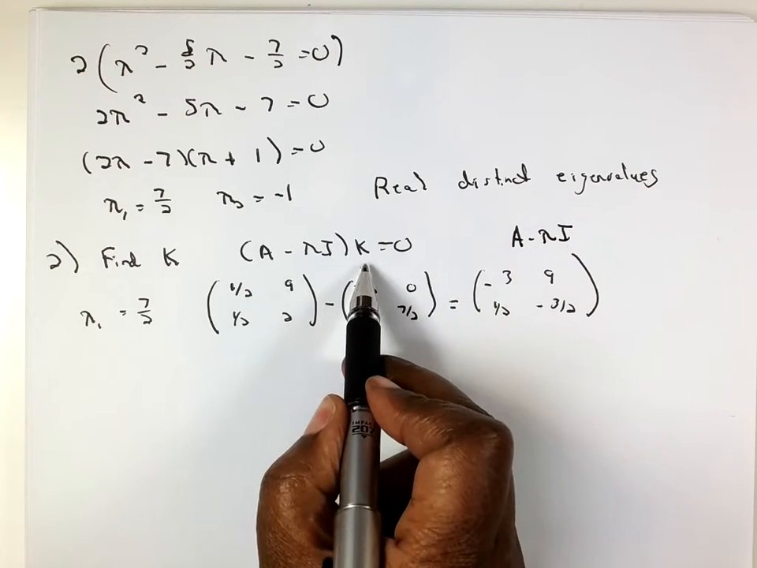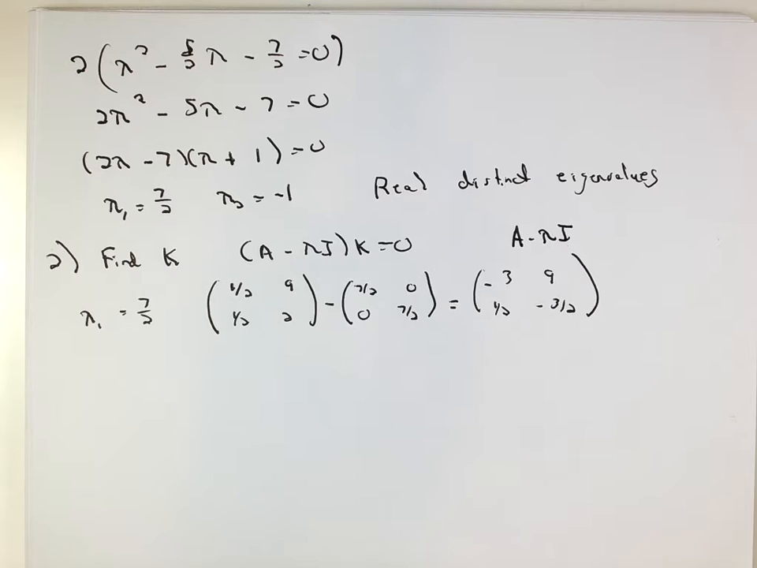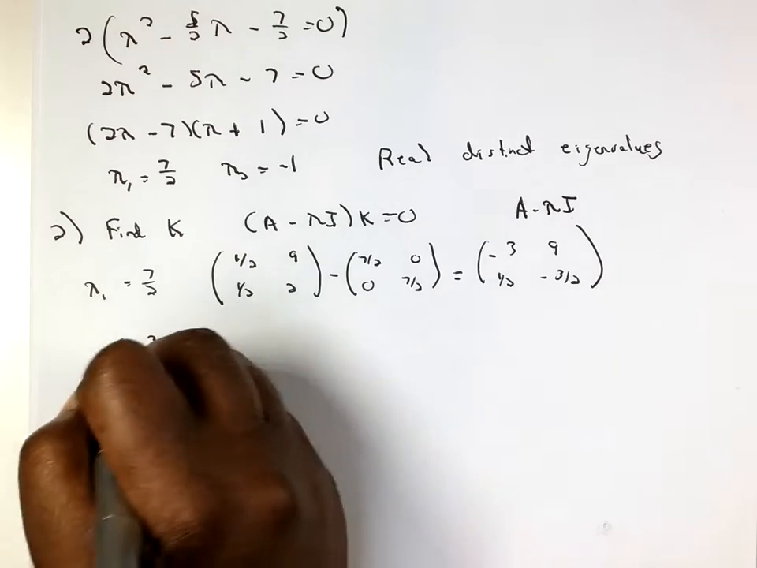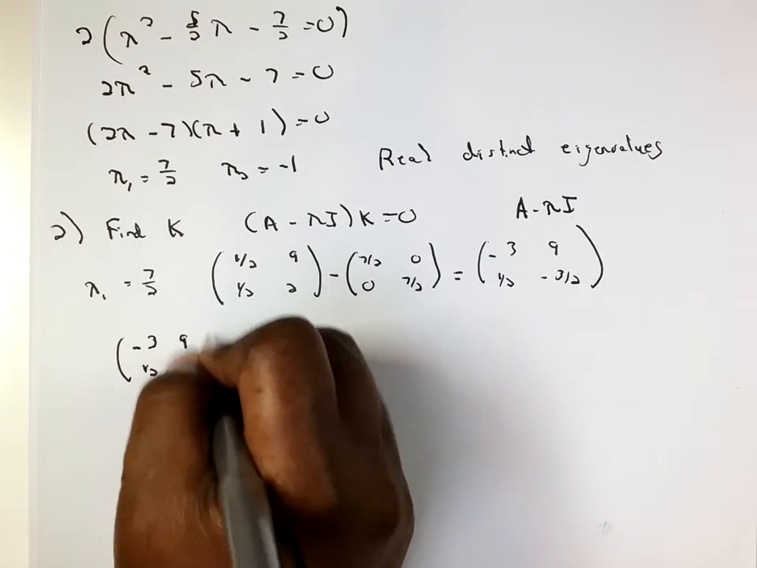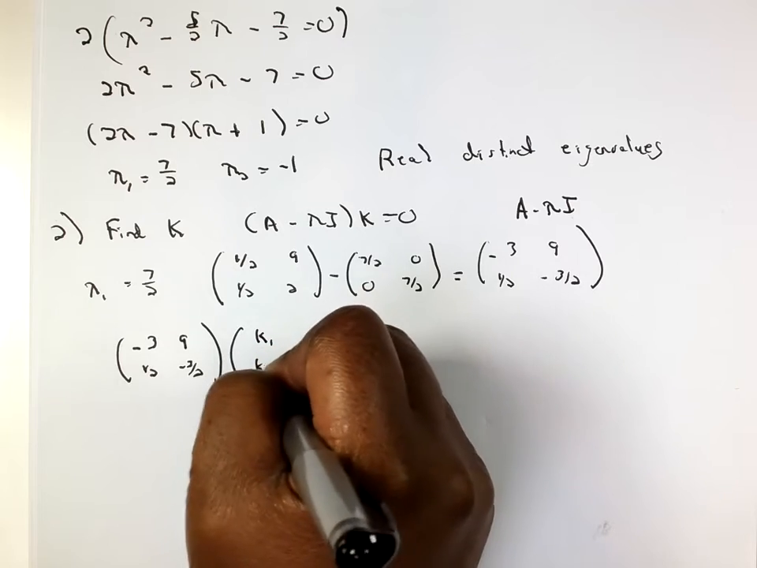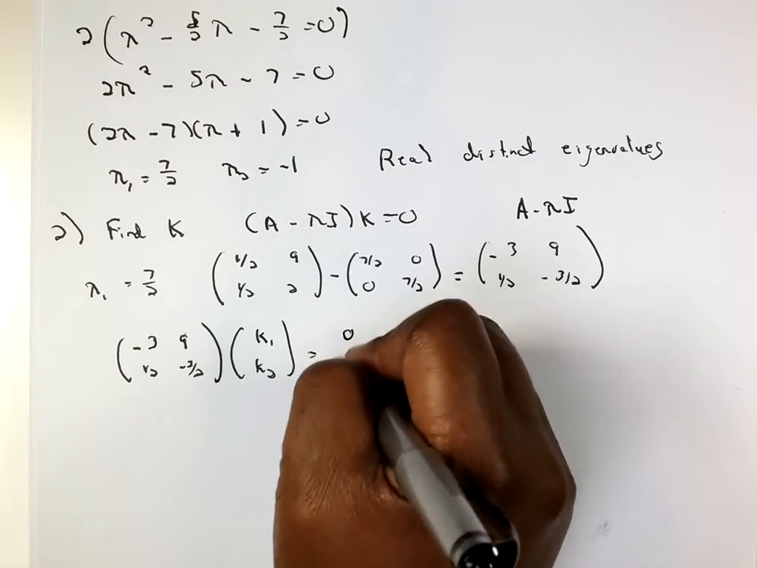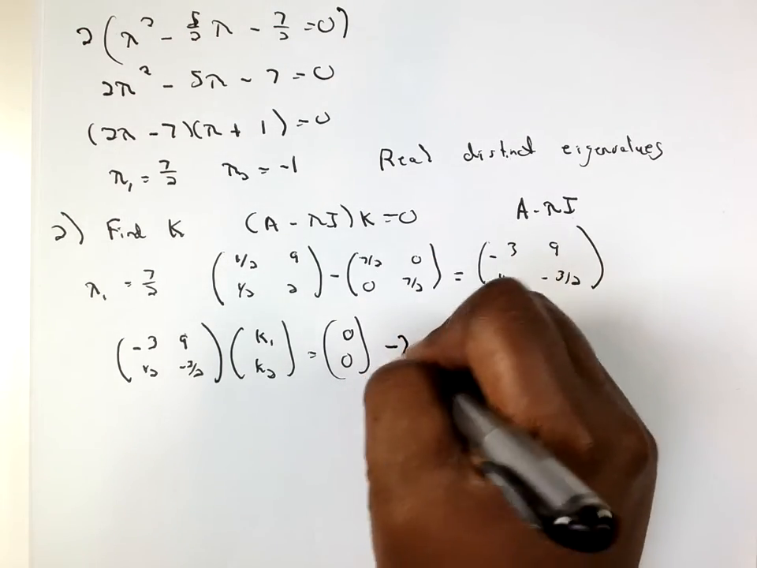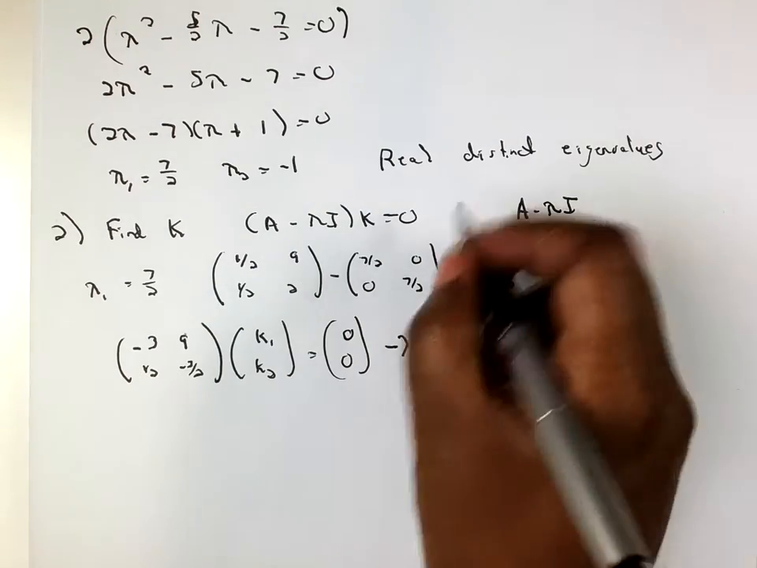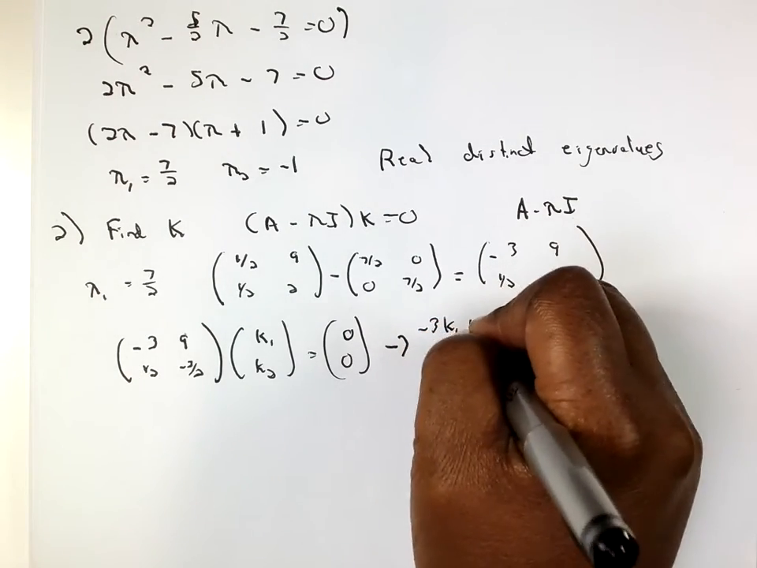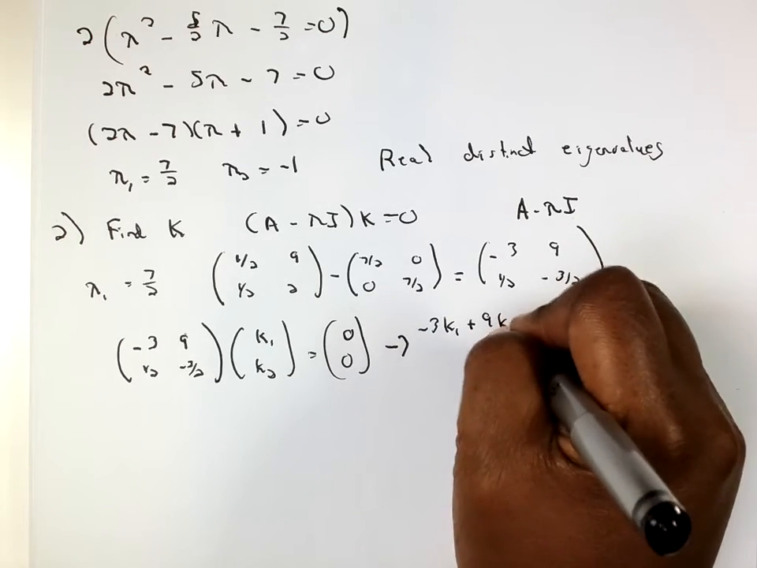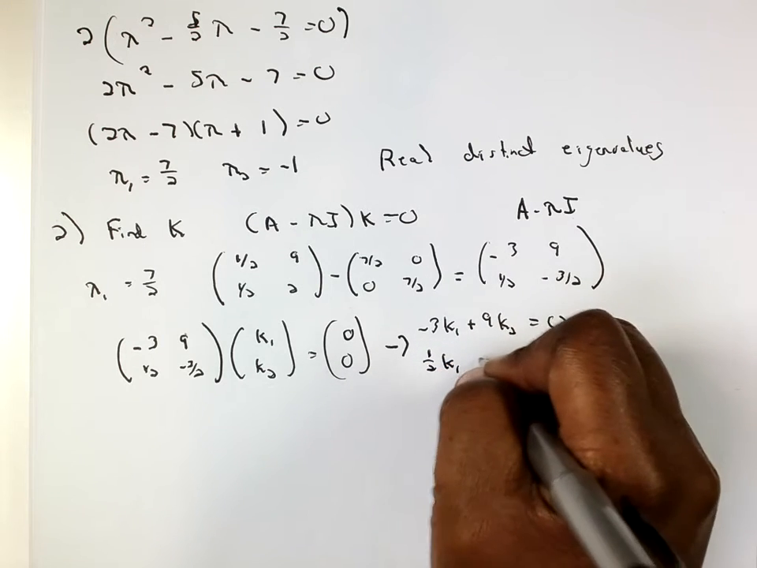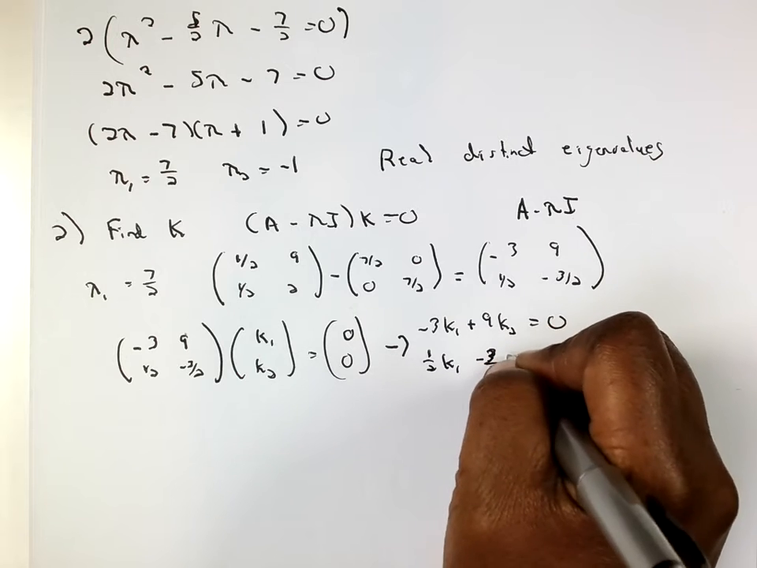So this is A minus lambda I. And now I have to multiply that by k. So that vector k, we're just going to have different entries, k1, k2, and so forth. So I have negative 3, 9, 1/2, negative 3/2, and I need to solve for k1, k2, and that is equal to 0. So multiplying across and down, we get negative 3 k1 plus 9 k2 equals 0. And then the other row, we get 1/2 k1 minus 3/2 k2